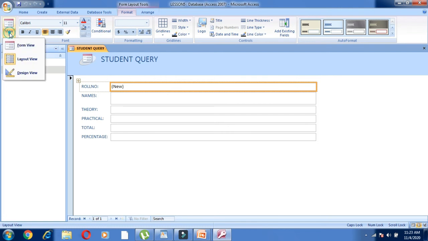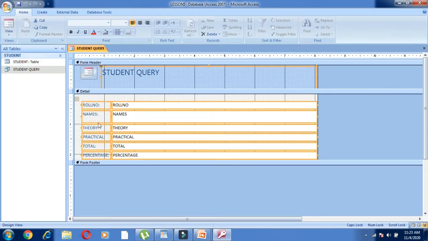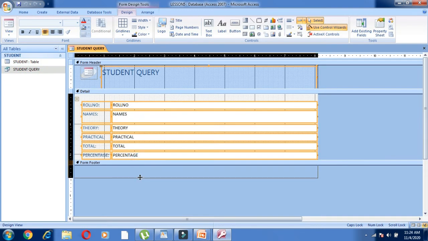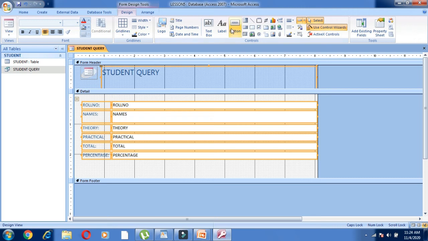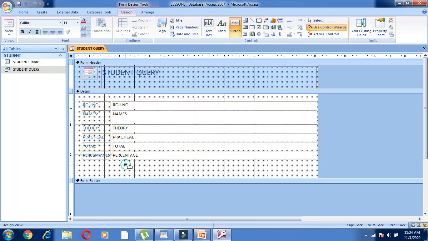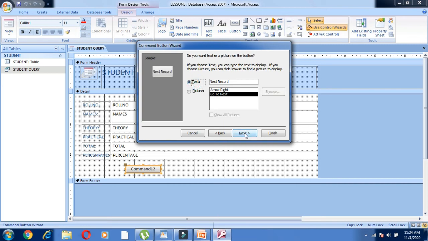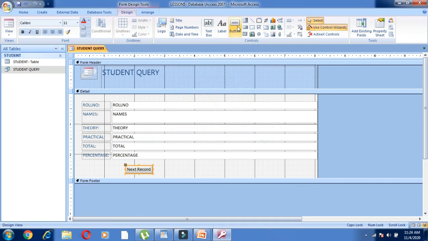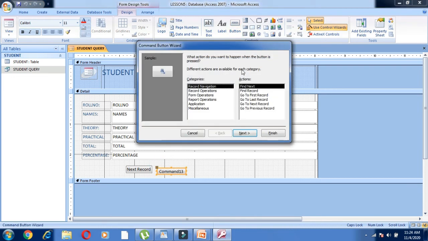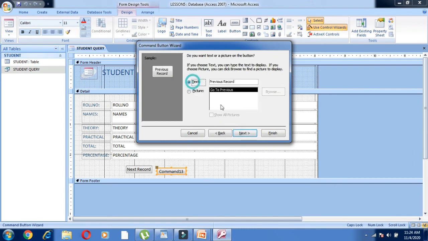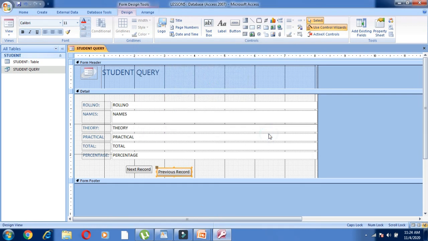So now we can go to the view, and we can go to the design view. Let us design something. Make this footer come down. We have the button over here. We'll click here like this, and we'll go to the next record. Then next we'll select the text part, again next, then finish. Same way we create another button, for going to the previous record, with text, then next and finally finish.